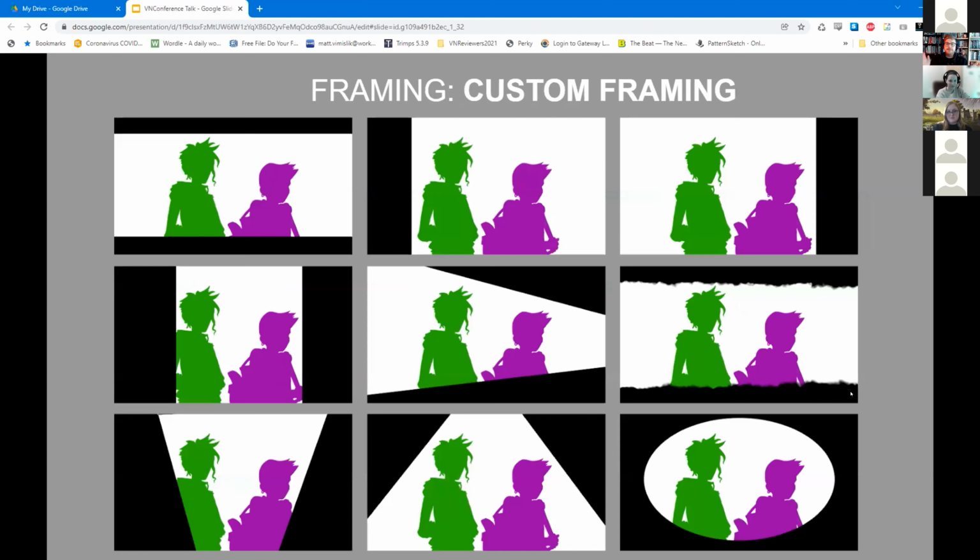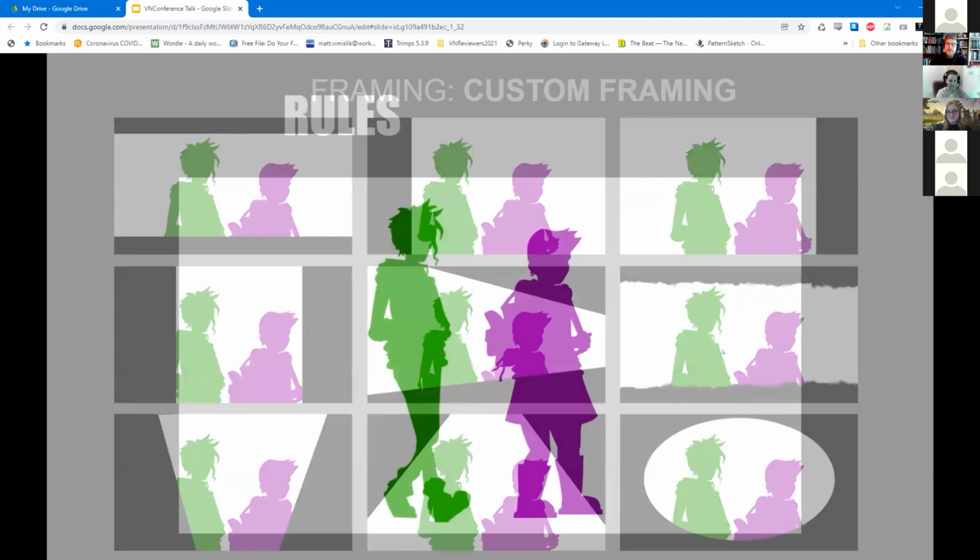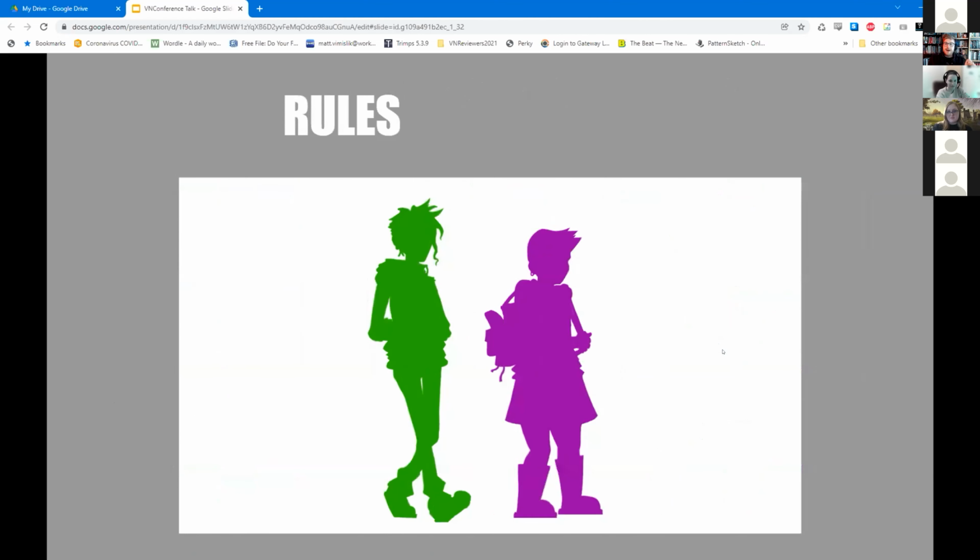Different ways of physically framing the characters in a scene by changing the border shape and frame dimensions can give you a variety of different tones and feels. This is a big thing that comics and manga have known for a really long time, and film, especially in the 1960s, like French New Wave, you'll see a lot of examples of that. Now keep in mind, these are not rules, these are tools.